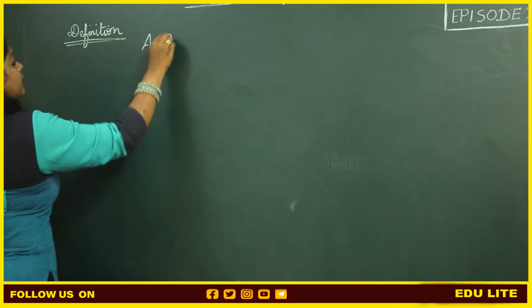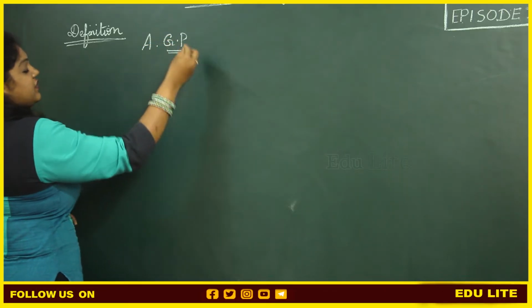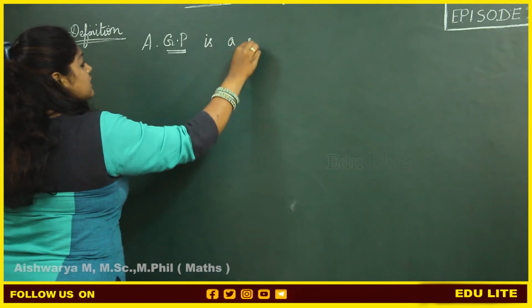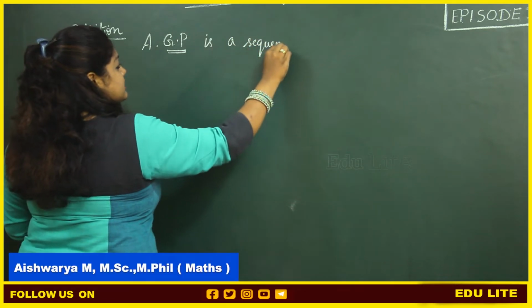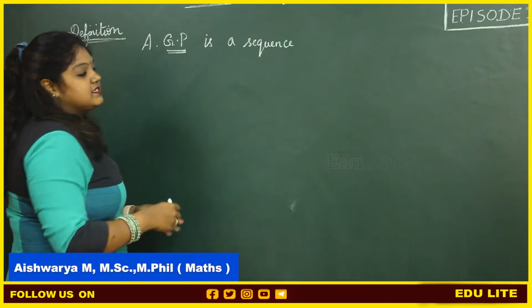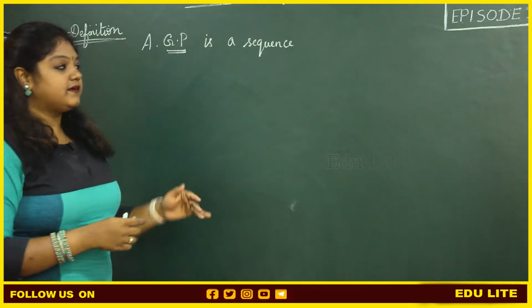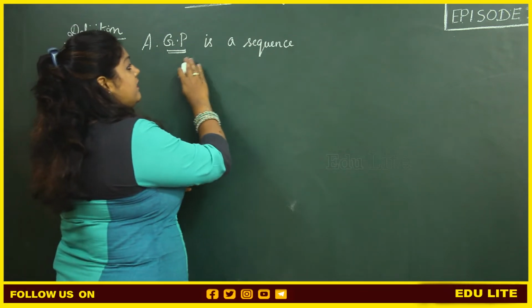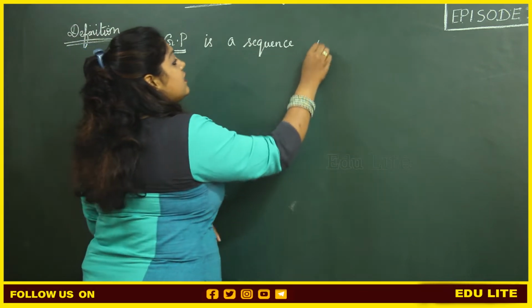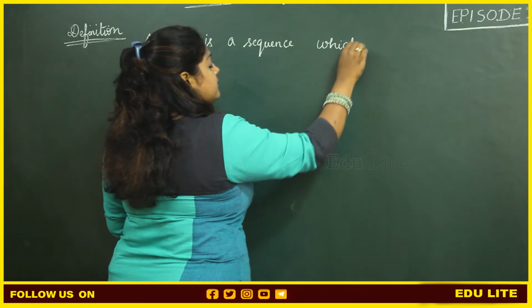A geometric progression, in abbreviation I am writing it as GP, is a sequence. Geometric progression is also a sequence. We all know what a sequence is. A sequence is a list of numbers written in a certain order. So, geometric progression is also a sequence which is obtained